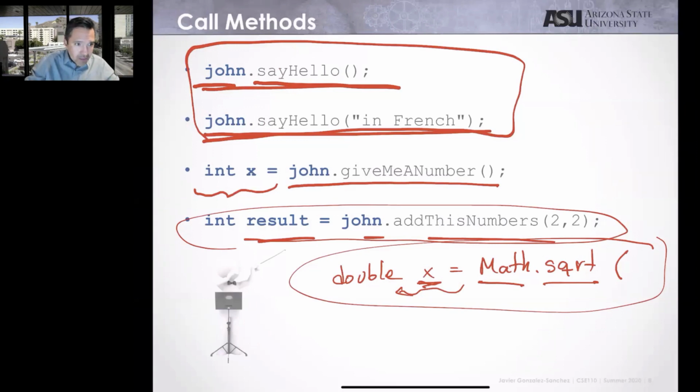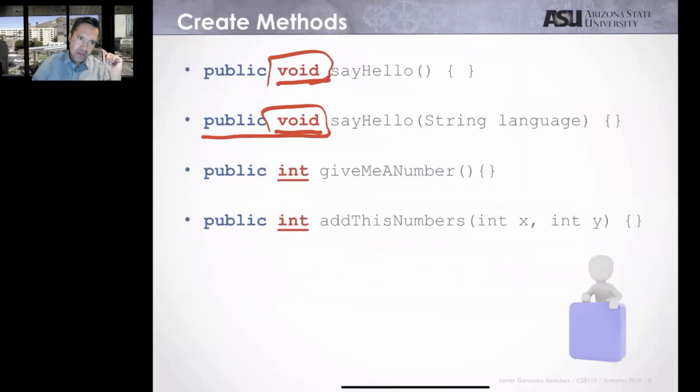I am calling the method sqrt, but I want that method to give me the result of the square root. You call the JOptionPane showInputDialog. I want to run that method, but when the method finishes, when the dialog box closes, I want to have back whatever the user put in the box. I want something. When you want something back,